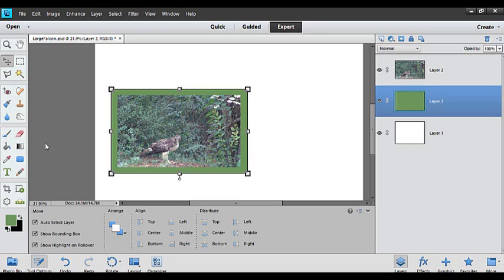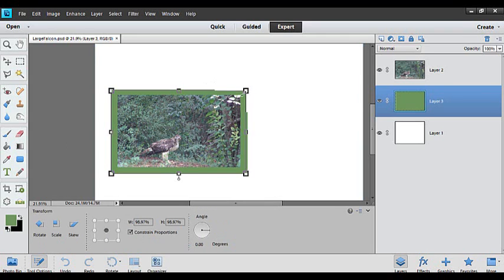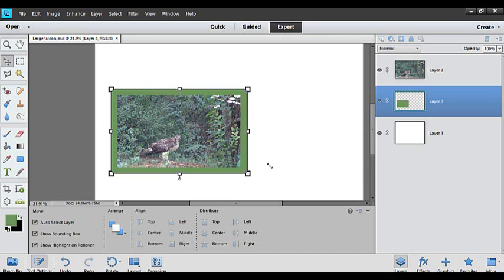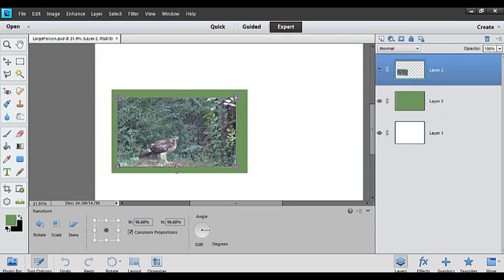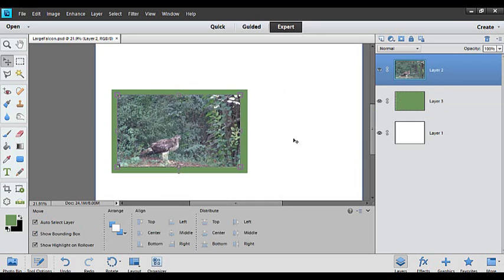Have you saved recently? Control S for save. Okay, now I'm studying my layout to determine that I do not have room for both my title and my journaling, so I need to make my photo and my mat a little smaller. Rather than resizing them one at a time, like this one and then the photo one, and trying to guess and get them just exactly right, I'm going to